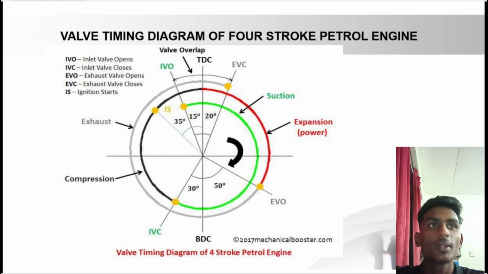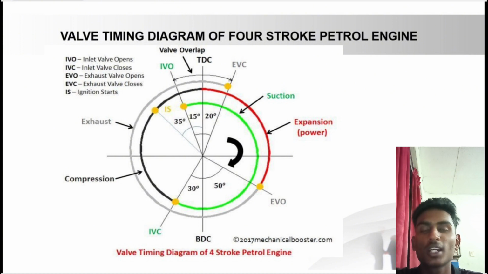In a typical petrol engine, the valve timing diagram illustrates the opening and closing timing of the intake and exhaust valves relative to the piston's position or crankshaft angle during the four-stroke cycle. Here is a simplified explanation of a typical petrol engine valve timing diagram. Number 1. Intake valve opening. The intake valve opens as the piston approaches top dead center on the exhaust stroke, allowing the air-fuel mixture to